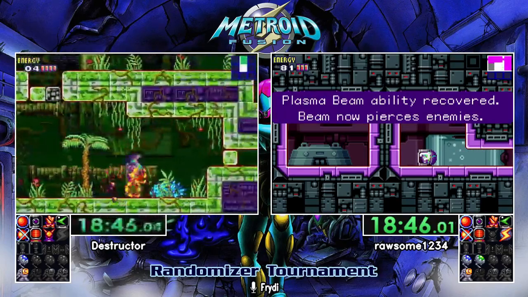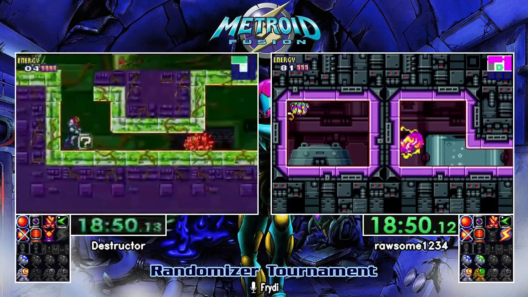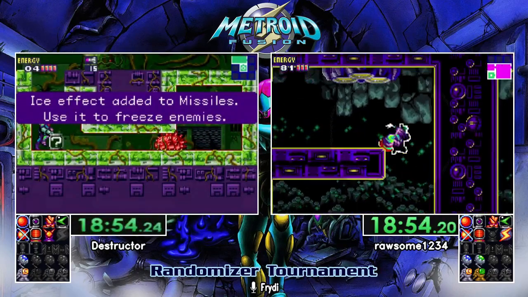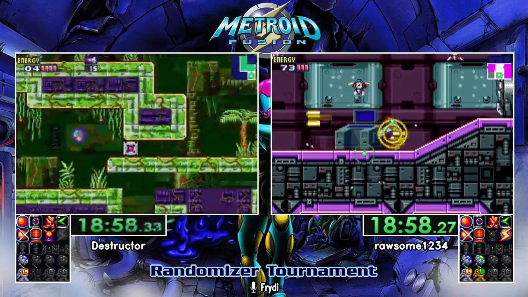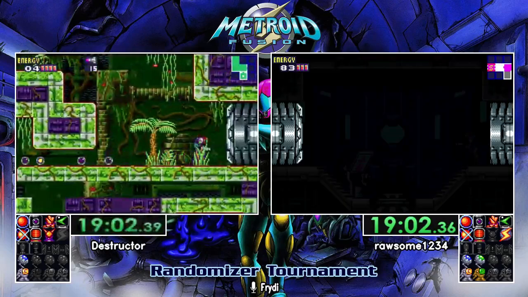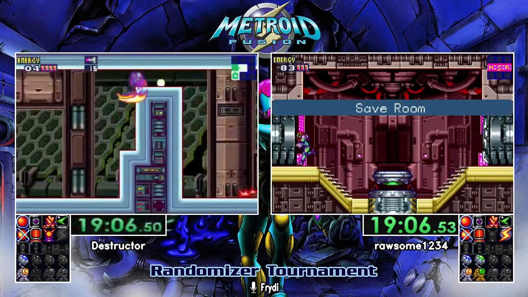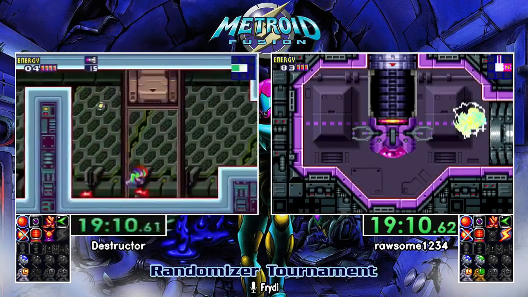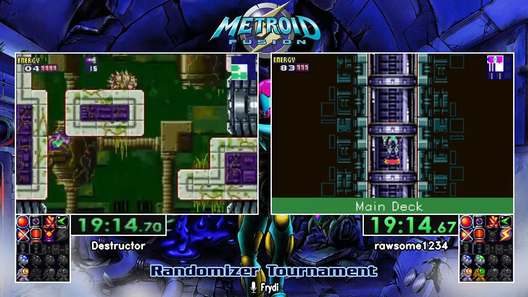Oh, so we know now that technically screw attack is not a required item, while Destructor finding his missile pack. So now we went from a very cursed seed to technically a very easy seed. So what the players currently would have to do, Destructor would have to go straight into Sector 6, get his Plasma Beam, go into Sector 4, and get his Screw Attack for a faster way to finish the game. While rawsome would just have to go...